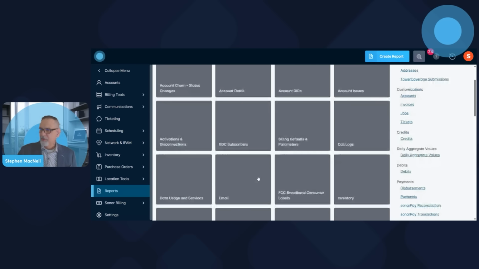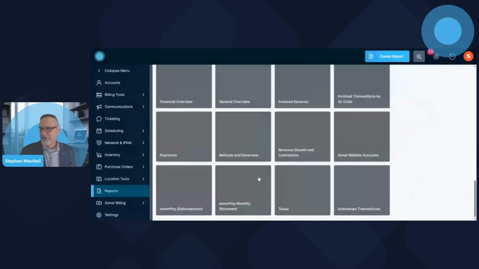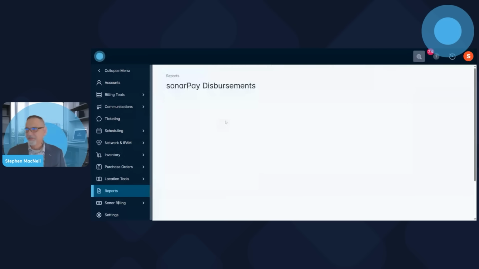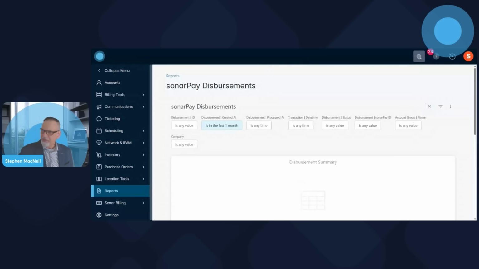When I scroll down all the way to the financials, you probably have noticed these tiles in your instance, sonarPay monthly statement and sonarPay disbursements, but now they'll have data in them. Before, if you opened them, they would just be blank and say, please contact Sonar for more information. But if I click on the sonarPay disbursements module,